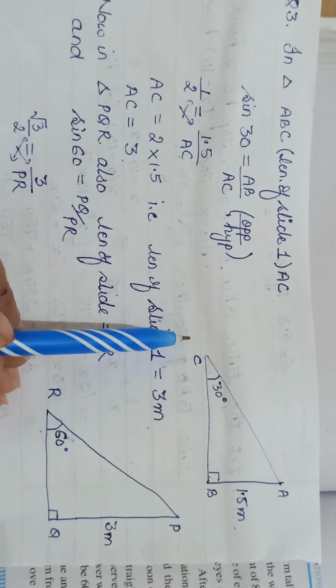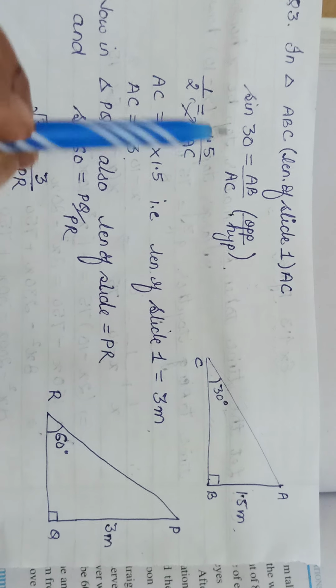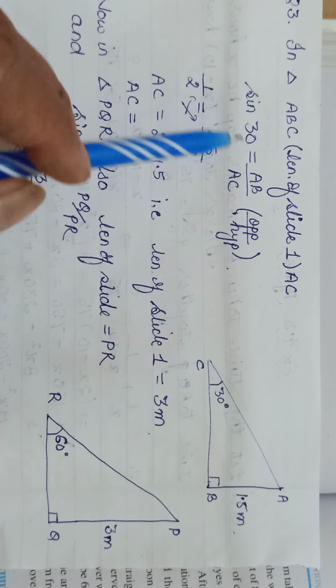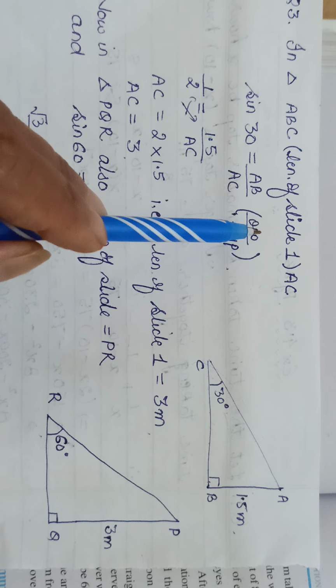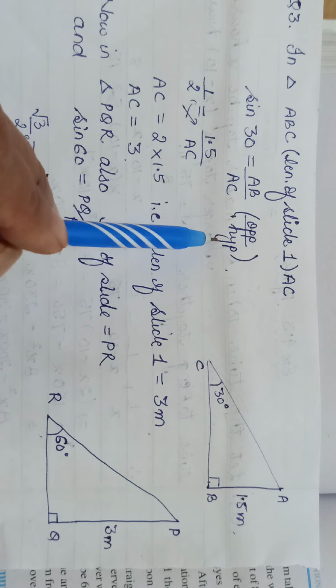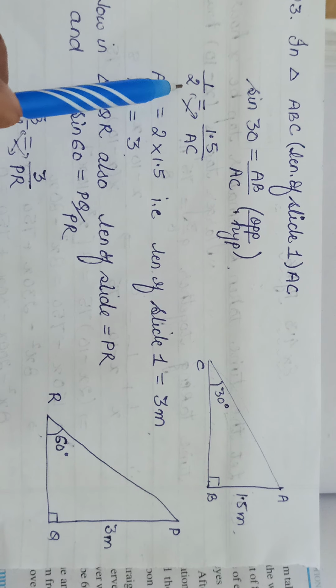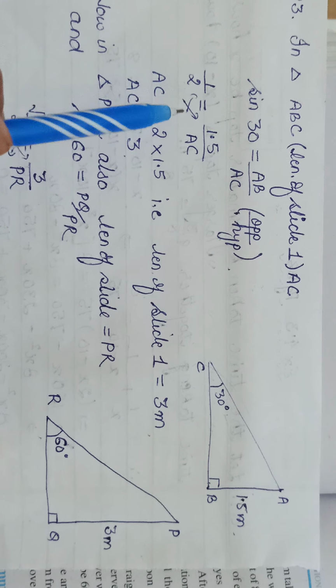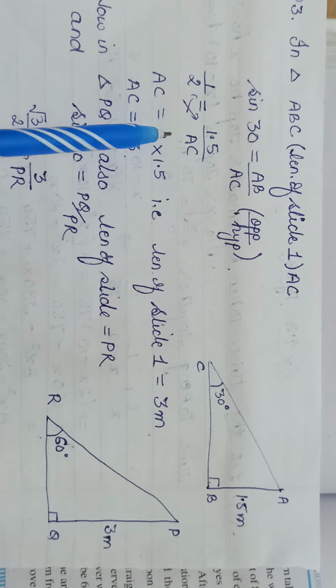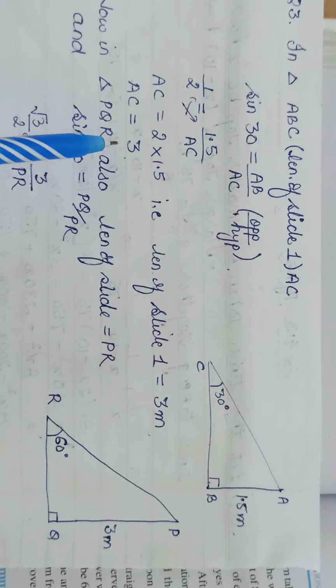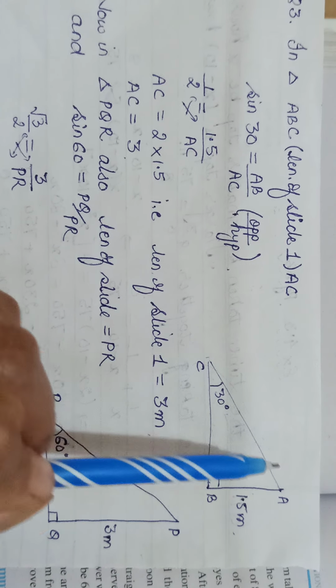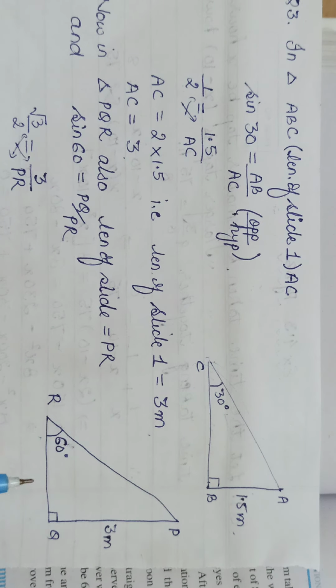Length of the slide, AC slide होगा तो हमको ये निकालना है, तो हम कहेंगे साइन रेशियो होती है. साइन इज ऑपोजिट अपॉन हाइपोटेन्यूज. ऑपोजिट हमें पता था, हाइपोटेन्यूज हमें निकालना था. Okay, so sine of 30, that is 1/2. ये वैल्यूज याद रखनी है आपने. So 1/2 is 1.5 upon AC, cross multiplying 1.5 into 2, so 3 meters आ गया आपका. Length of the first slide will be 3 meters.